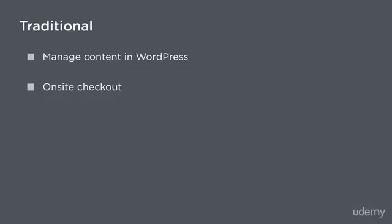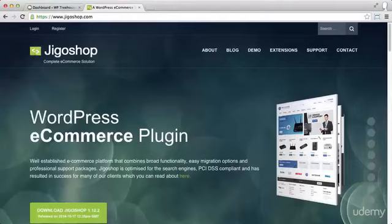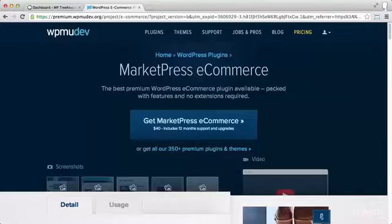When it comes to e-commerce with WordPress, we have a number of different options. First, we have what I would call your traditional e-commerce plugins that give you options like a way to manage your e-commerce content from within WordPress, an on-site cart and checkout process, as well as some templating abilities for customizing the theme. In this category are plugins like WP Ecommerce, WooCommerce, JigoShop, Shop, iThemes Exchange, MarketPress, and a number of